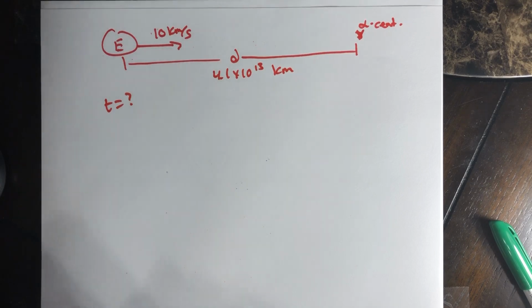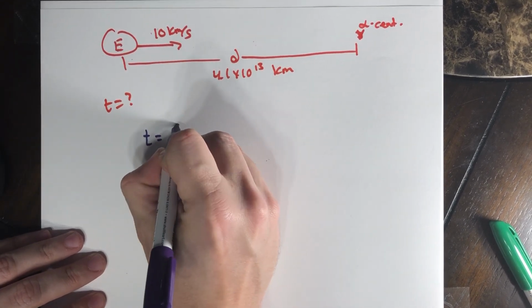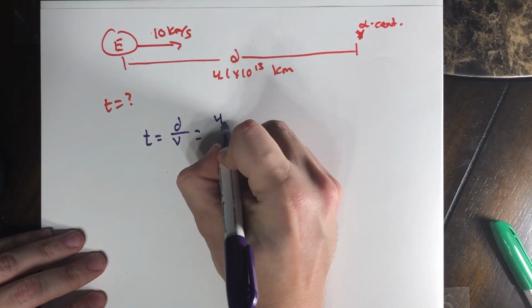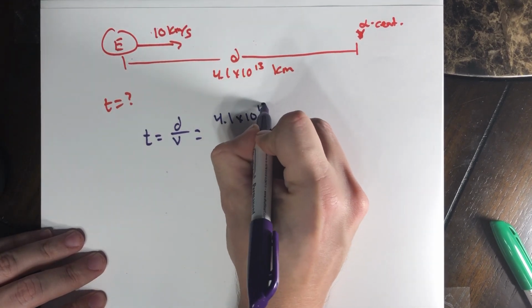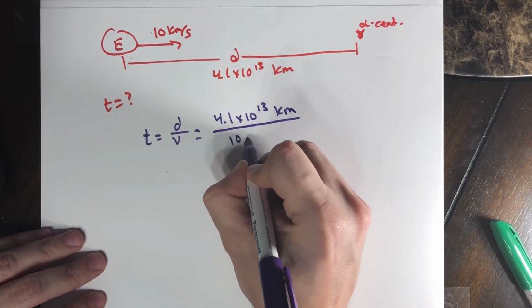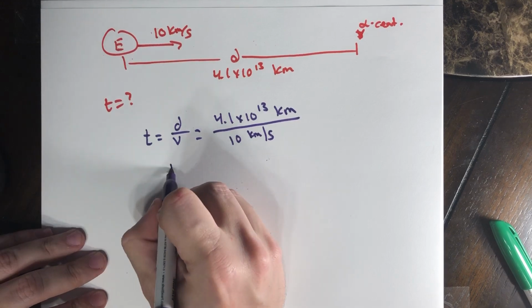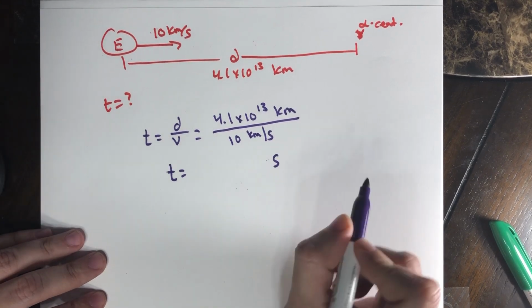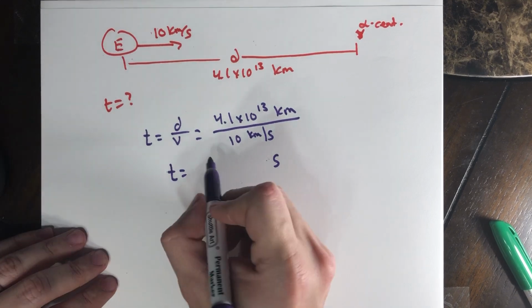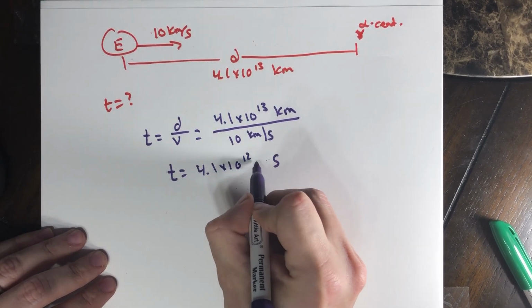I'm going to go ahead and skip to the reordered version, where time is just distance or displacement over velocity. So we set it up, 4.1 times 10 to the 13th kilometers. We divide that by our speed of 10 kilometers per second. Same idea as we set up last time. Again, our units are going to cancel out, and we're going to be left with seconds. So if we put that into a calculator, 4.1 times 10 to the 13th divided by 10, we're going to get 4.1 times 10 to the 12th seconds,